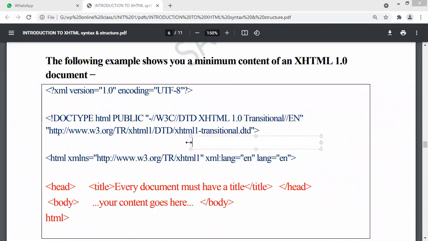So what do we use for 5.0 or the versions which are greater than 4.0? For all the versions greater than 4.0, we are using loose.dtd. Only this section, the XHTML transitional DTD, we are replacing by loose DTD. That is the difference between XHTML 1.0 and XHTML 4.0. So you have to compulsorily write this file when you are writing the code.